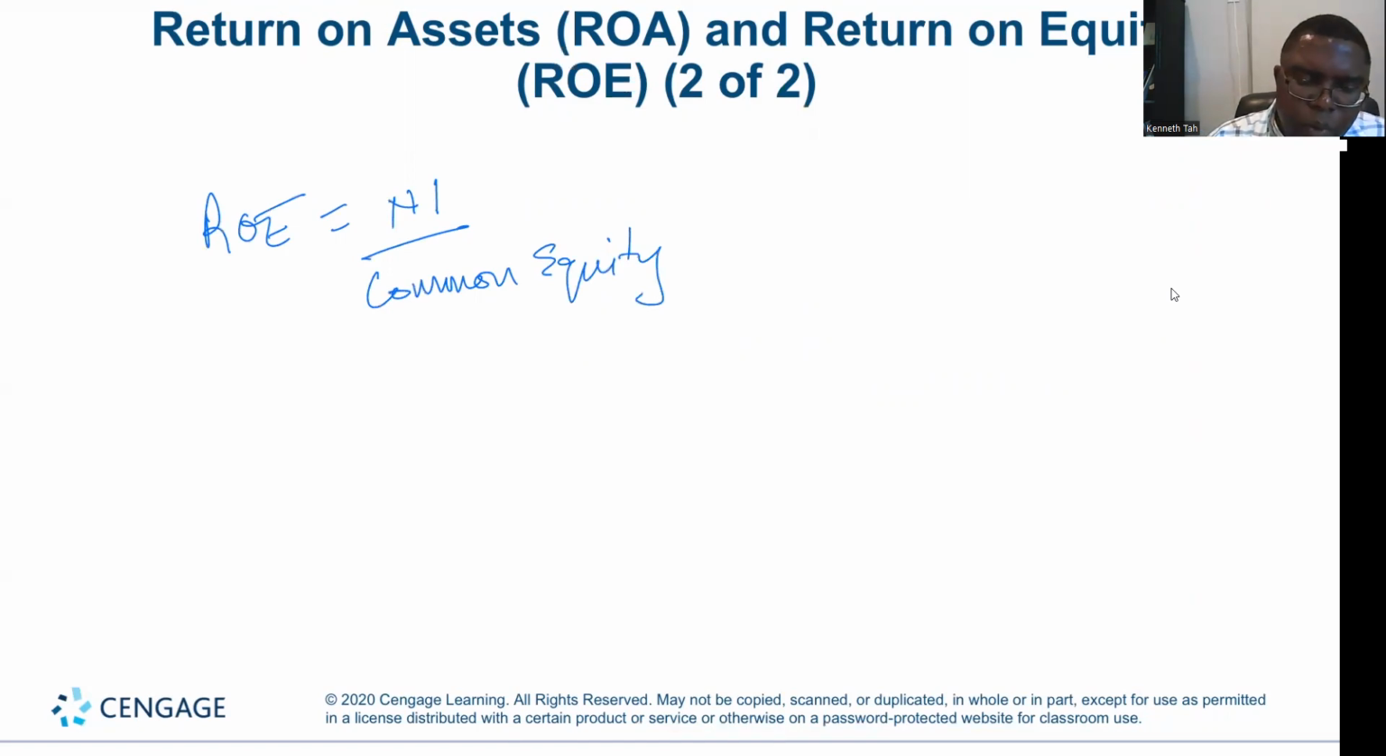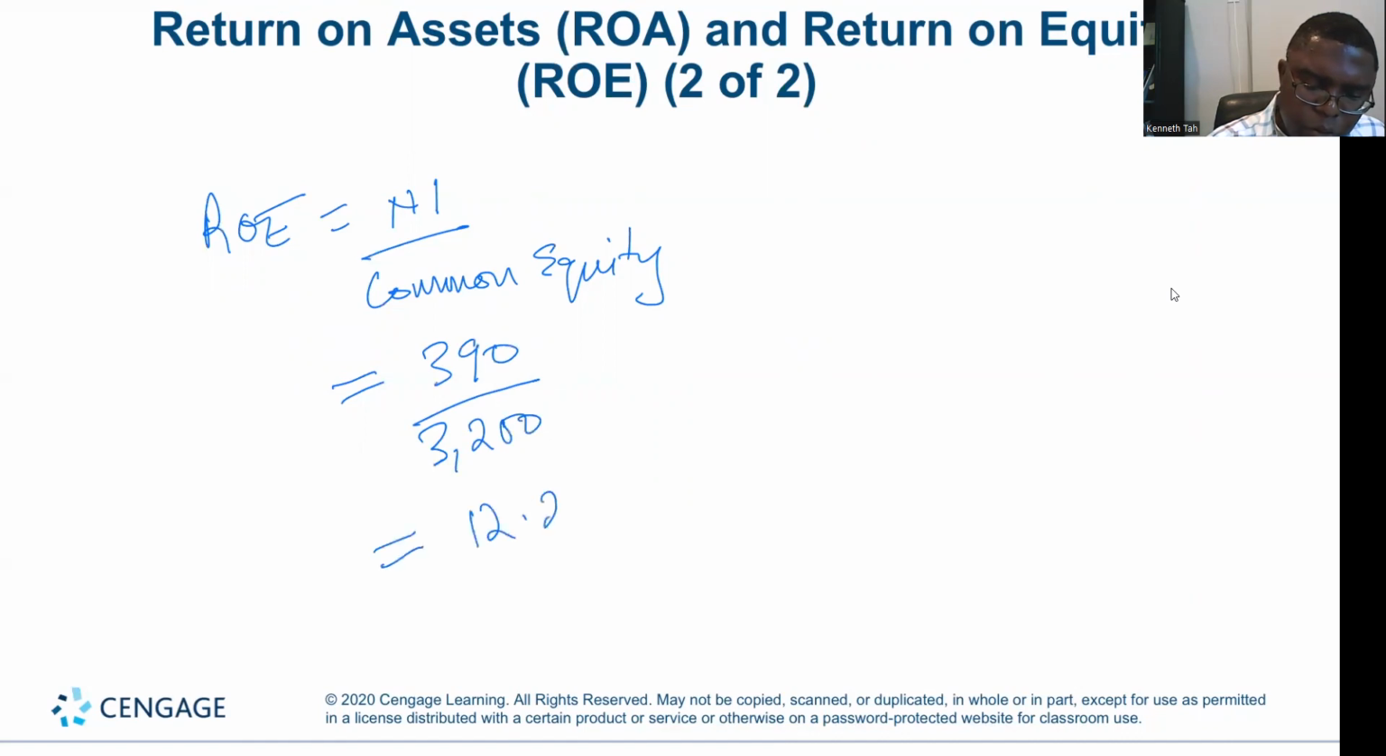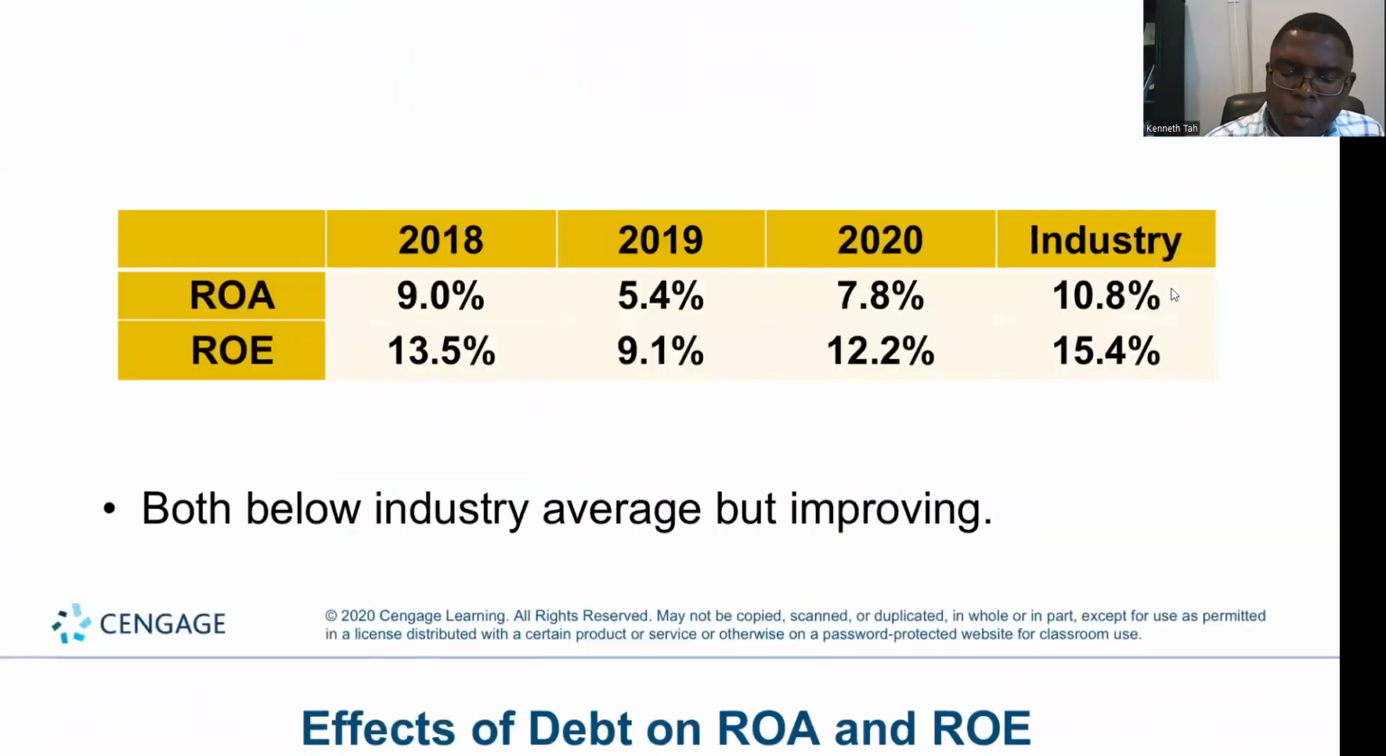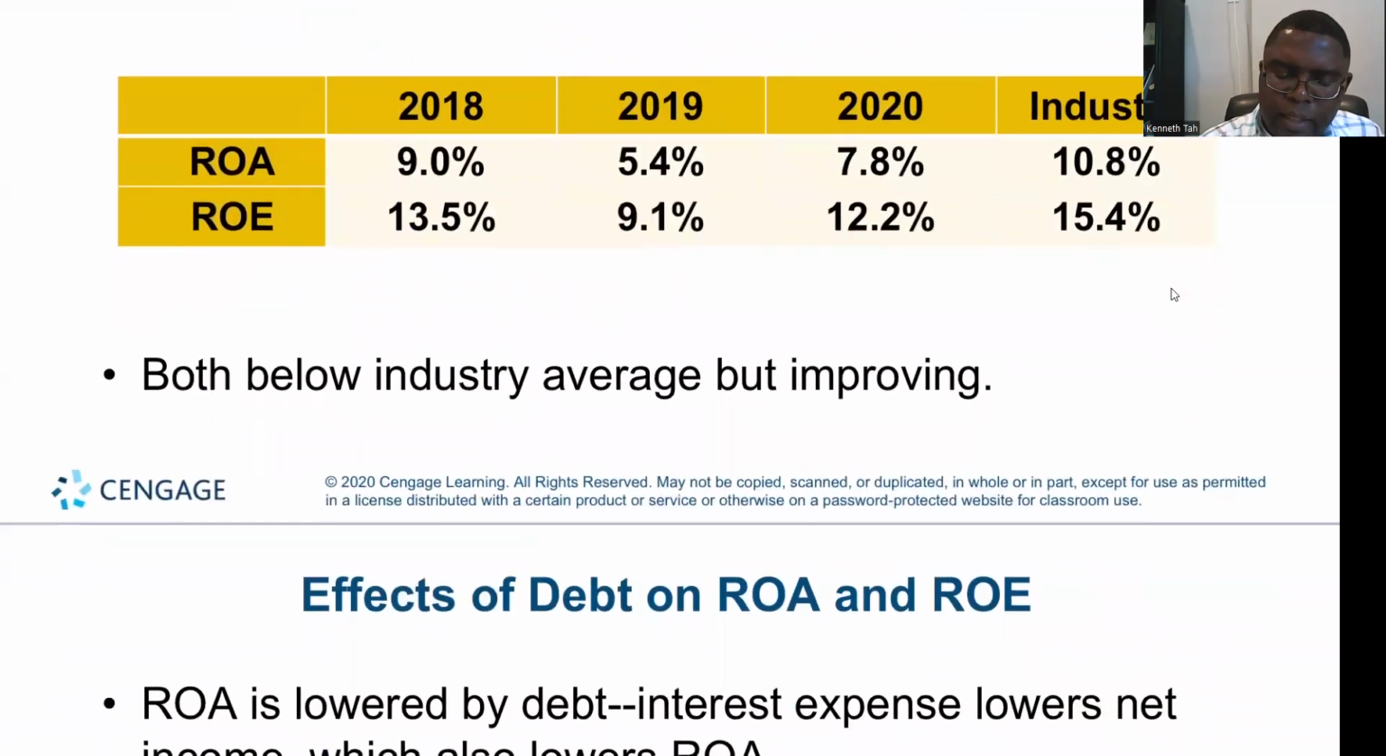So it tells how well shareholders are doing in an accounting sense. So we can go to the financial statements. The income statement, we'll be able to get our net income, which is 390. The balance sheet will get our common equity, which is 3,200. So that leaves us with 12.2%. So for both our return on asset and return on equity, we are given the values for 2018,